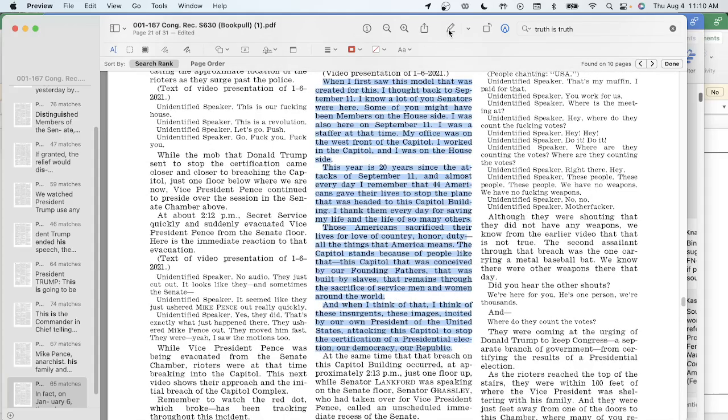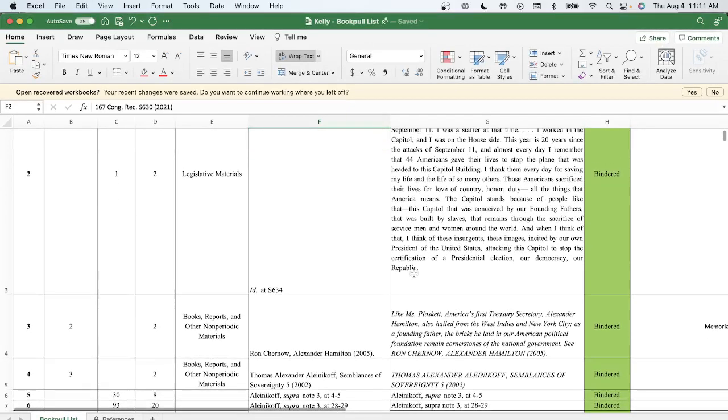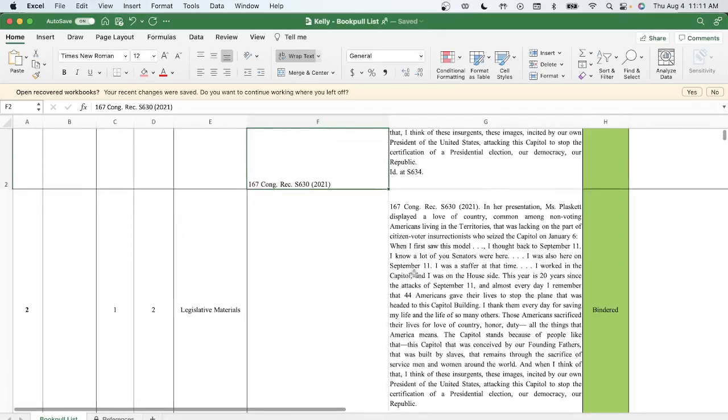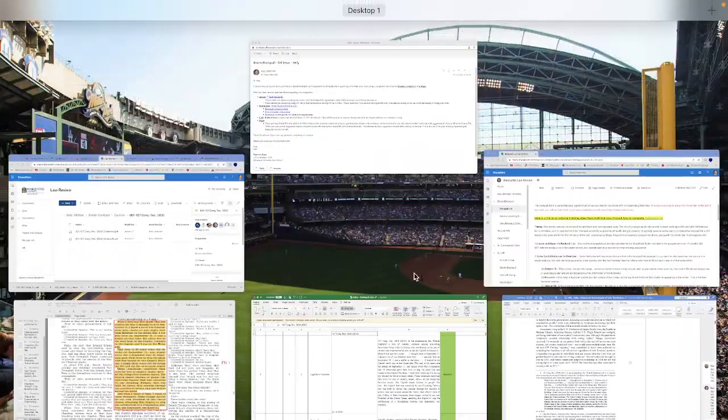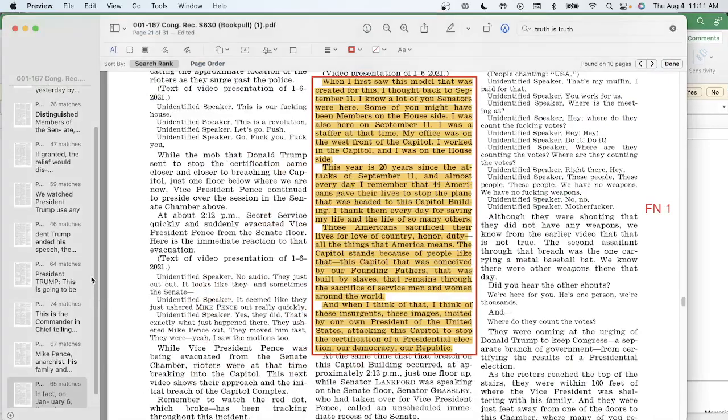this is also a direct quote, so we are highlighting it. And then we're going to put a box around it as well, because it's a direct quote. And then in the text, we're also going to put footnote 1. Okay, and then we know from the book pull list, obviously, that this is the last time this legislative material is cited. So the way that you binder something is